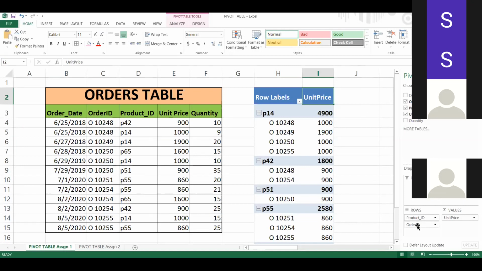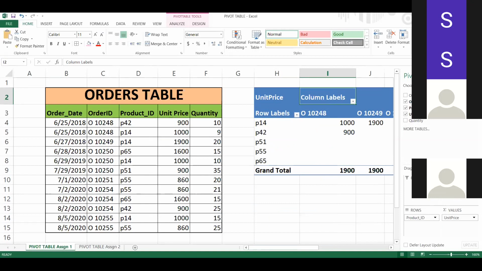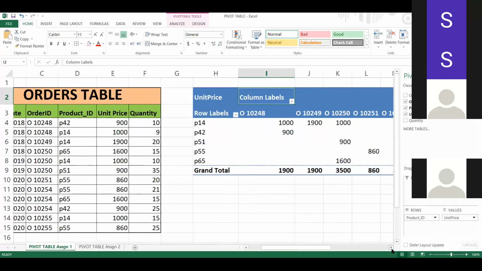You can also place some things on columns and some things on rows. What I have done is, I have placed product ID in rows, order ID in columns, and unit price in the values area. Now what happens if I do like this?